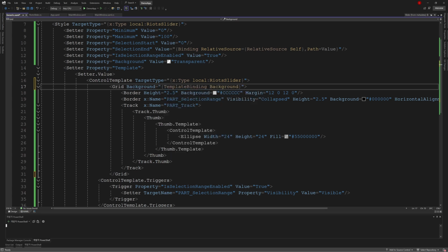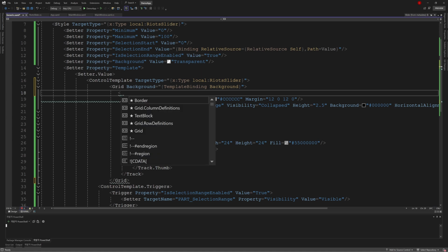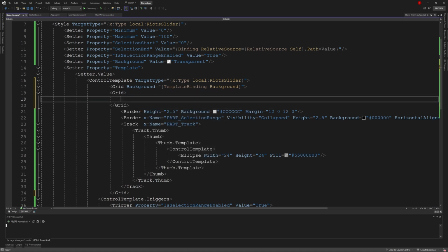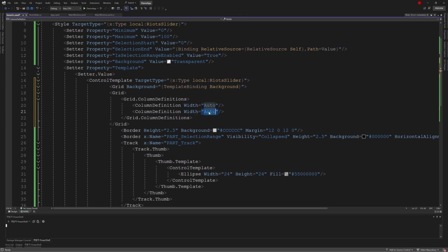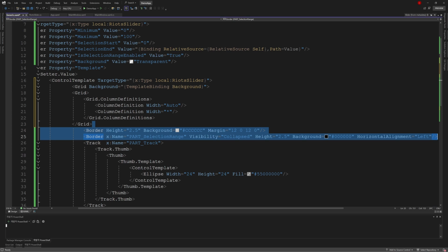Okay, move on. There's quite a bit of repetition in this section. So to address this, we can place these two borders inside a grid. Next, we add 2 columns. We'll set the first one to auto and the second one to a star. Then let's put these 2 borders inside.